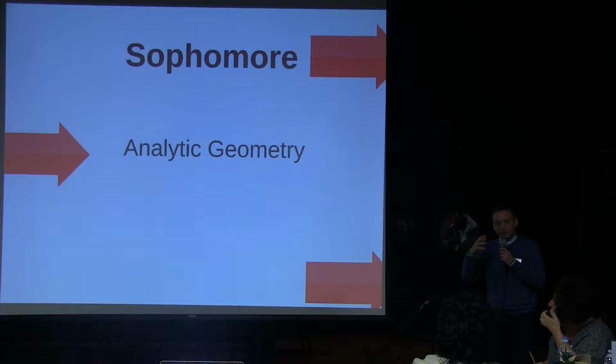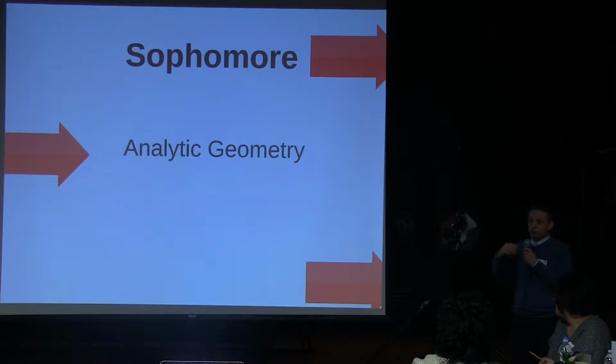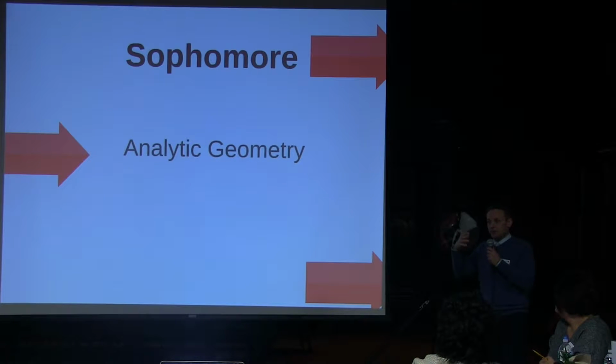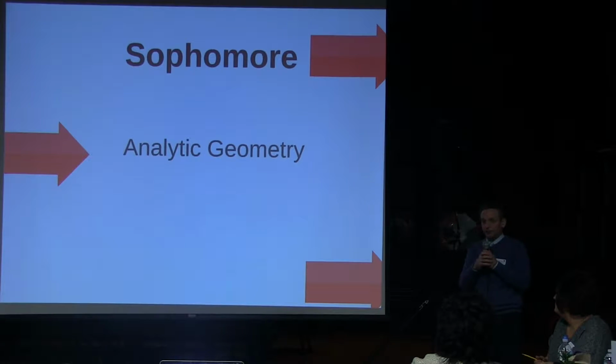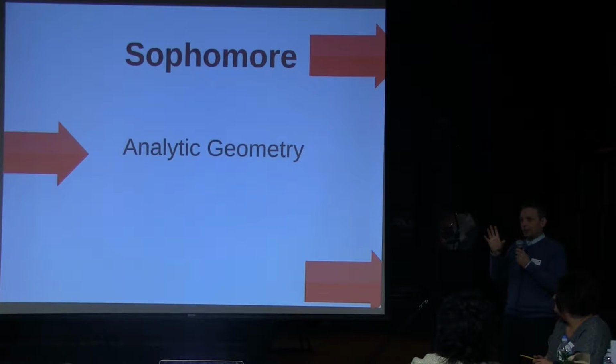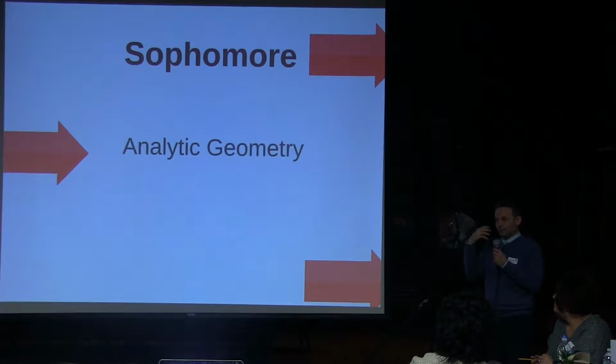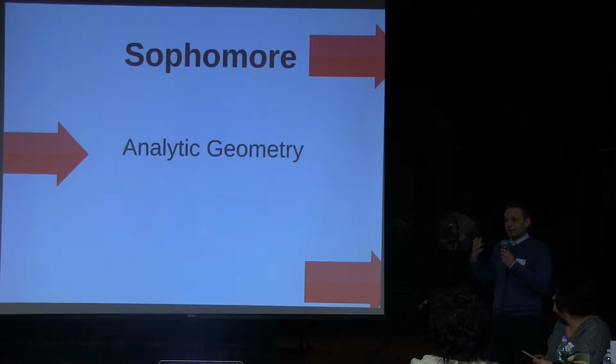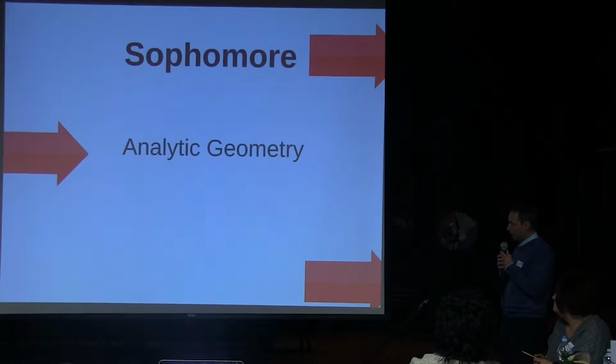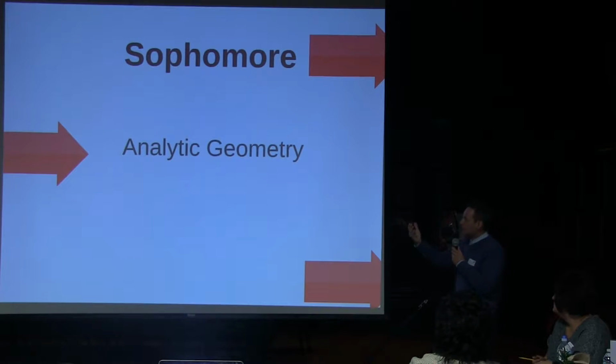Some of you may have heard or maybe even have taken, traditionally this is a course that has been offered in other schools called analytic geometry. It is the way of combining geometry and algebra together. And we have some very dedicated teachers who are excited about teaching this class. So this is going to be a way for students to